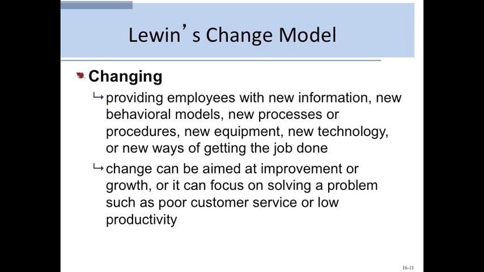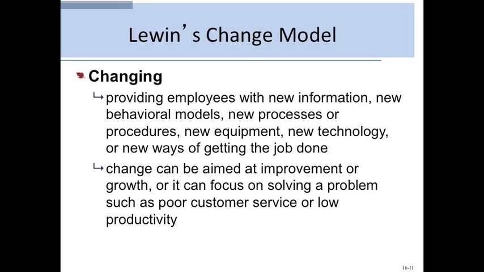Giving people a new way of thinking, giving them new types of information, new technology, new equipment, something to actually replace the old way of doing it and lead to the performance that you used to convince them to change in the first place. Okay, so you can't just tell somebody, using this example, you know what, man, you're doing these drugs and it's the worst thing for you. You have to replace the drugs with something constructive in their life. Once you discard the old, you have to replace it with the new.